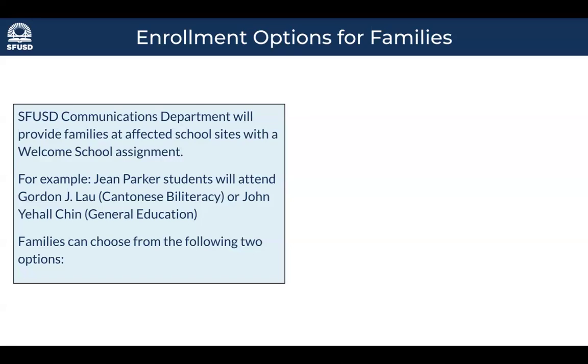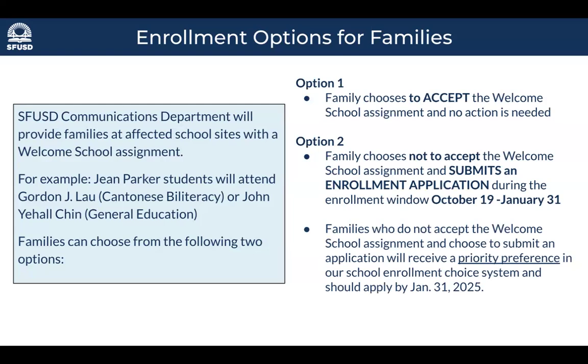And then if the parents don't want their students to go to Gordon J. Lau or John Yehall Chin, then they will have a priority preference in any school they want for the new school year when they apply by January 31st. 但係如果家長兩間學校都唔想小朋友去，佢就會有一個優先指標揀佢想去嗰間學校，申請截止日期就係明年嘅1月31號。